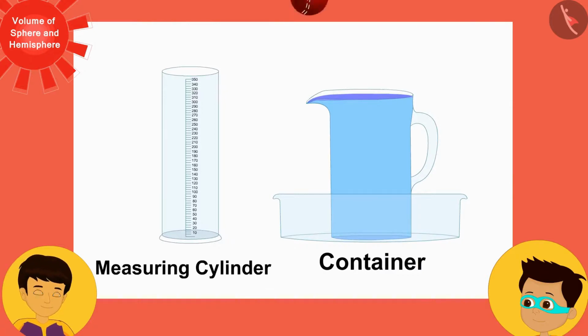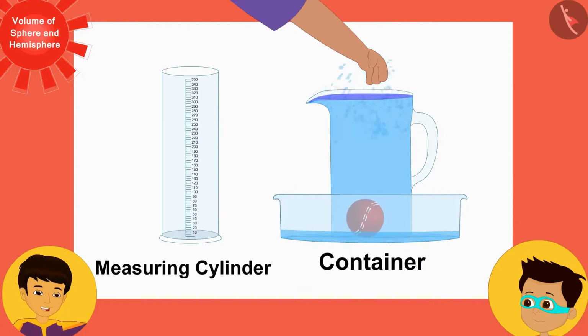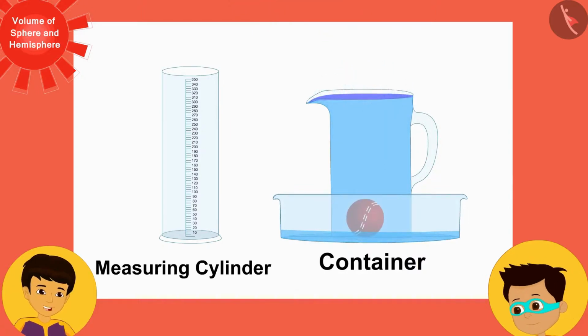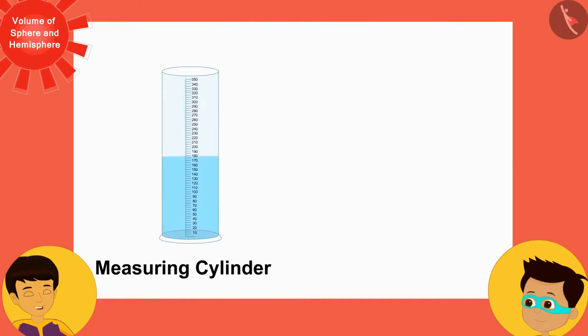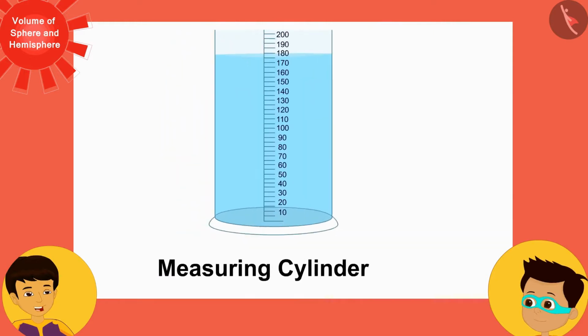Now look, I will put this ball carefully in this pot. As you can see, some water has come out of the vessel and collected in the big container. Now can you tell me its volume by carefully pouring the water filled in this container into this measuring cylinder? It's about